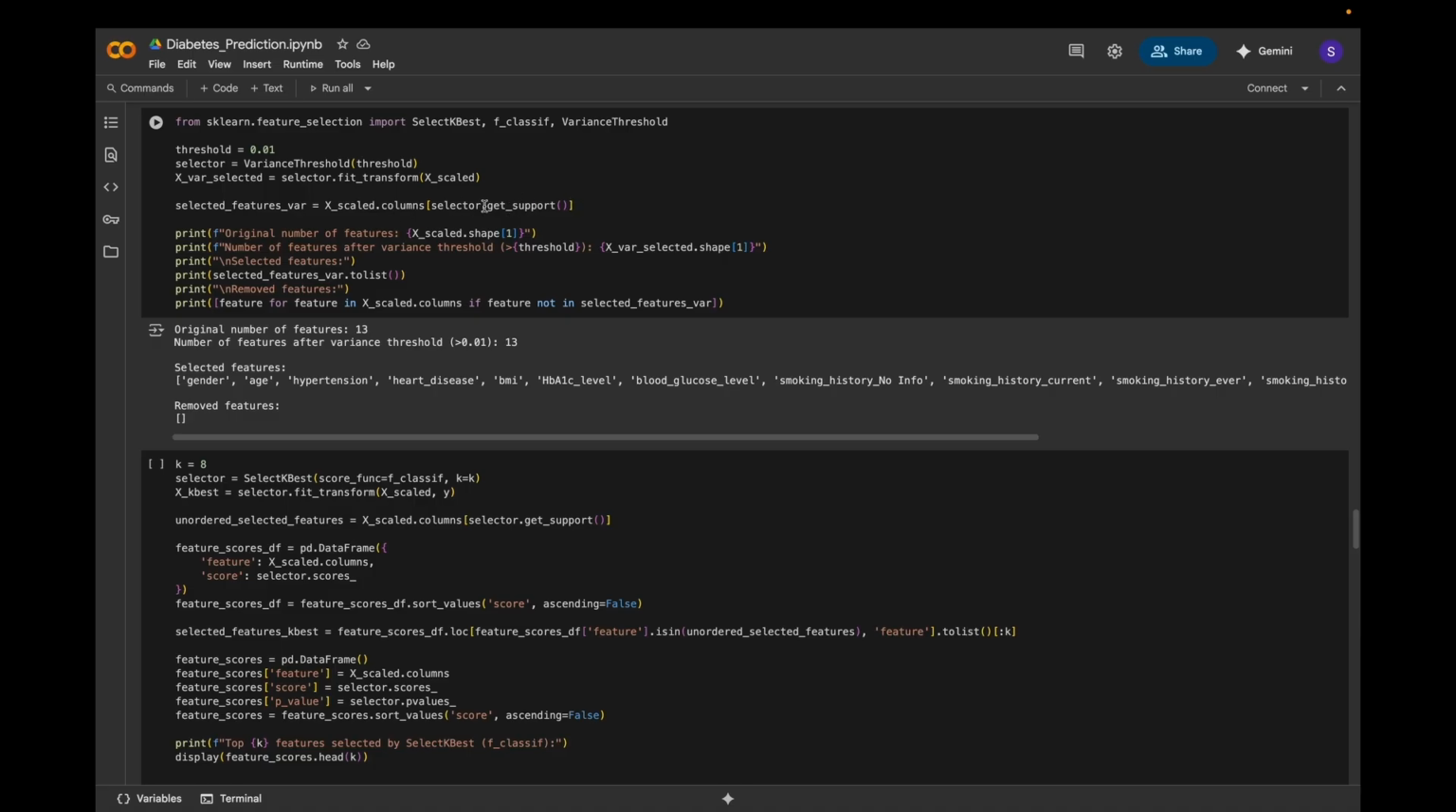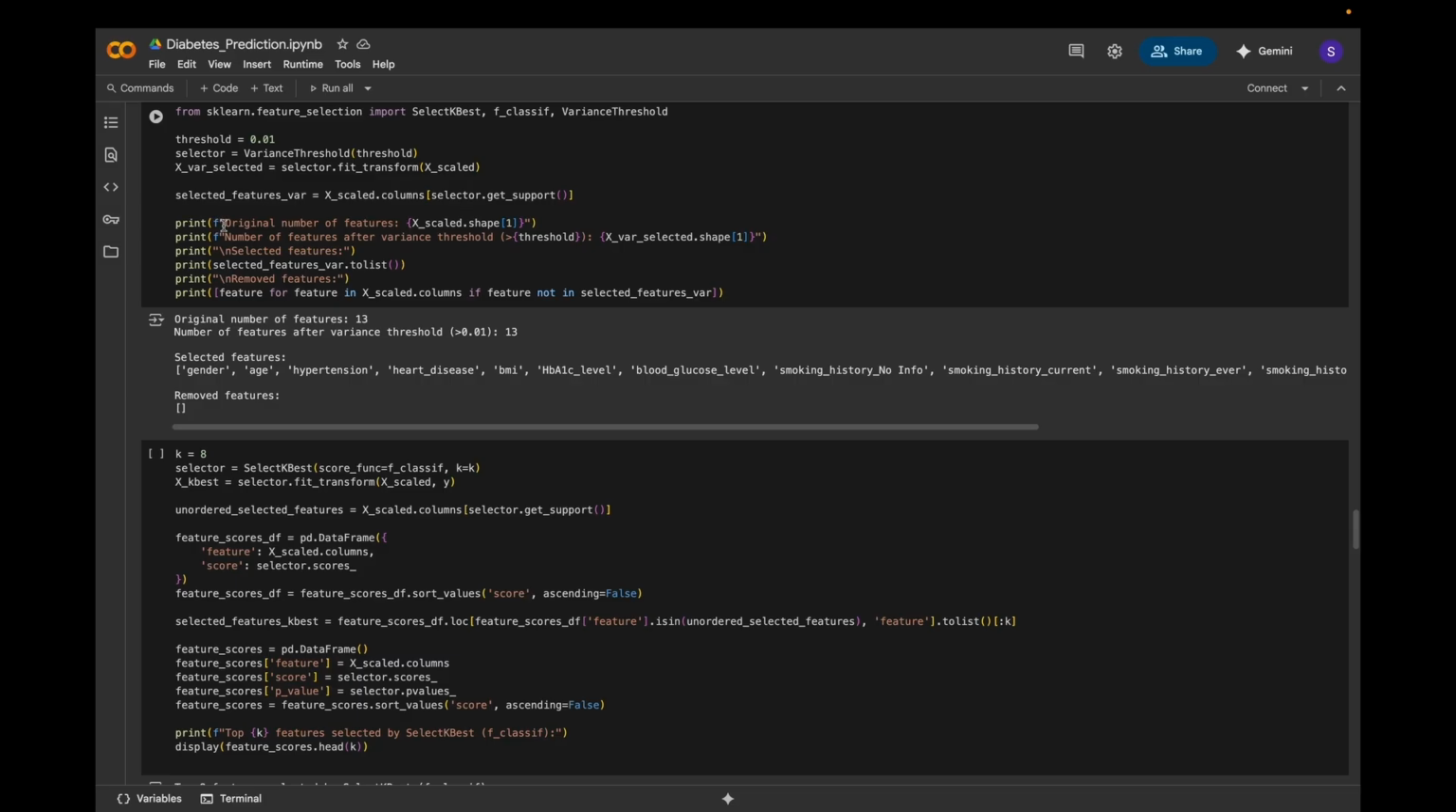Basically, this gets the selected feature names. Then we move on to printing the original number of features of x_scaled, all the way down to printing each feature in x_scaled.columns if the feature is not in the selected features from the variance threshold. Basically, this block of code prints the original number of features in the data set, and then prints how many features remain after applying the variance threshold, which removes features